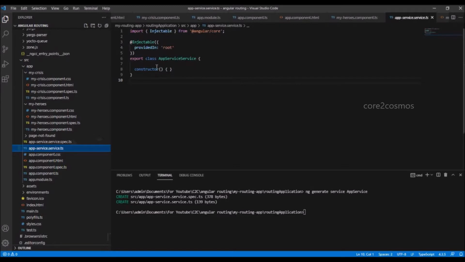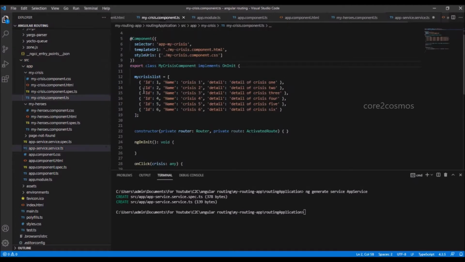In the service file, at line number 7, I create a variable crisisList, which is going to be holding the value of all the crisis records. I declare the crisis list as an empty array and I copy the values of my crisisList variable from the myCrisis component.